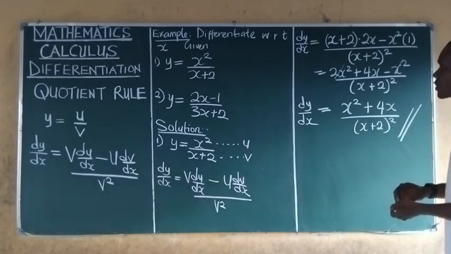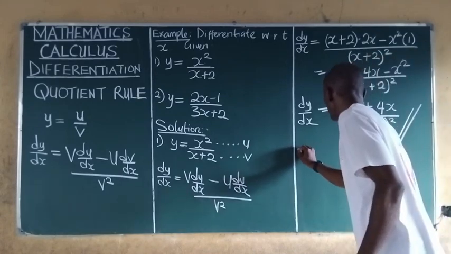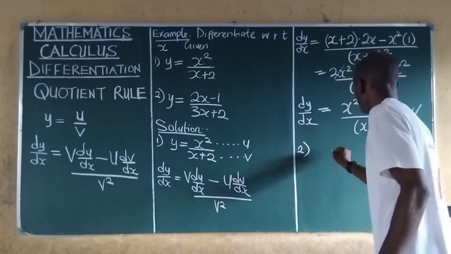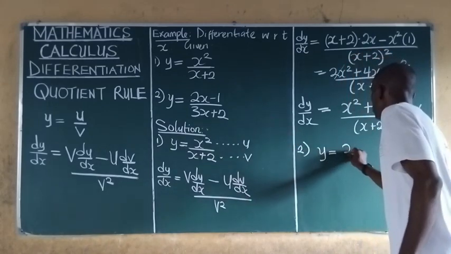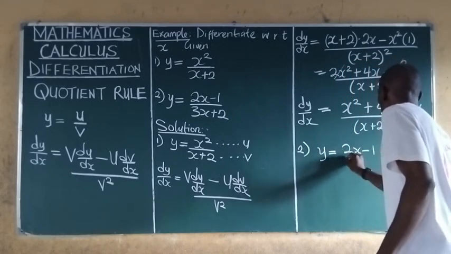We take the number 2 question. The number 2 question says y is equal to 2x minus 1 all over